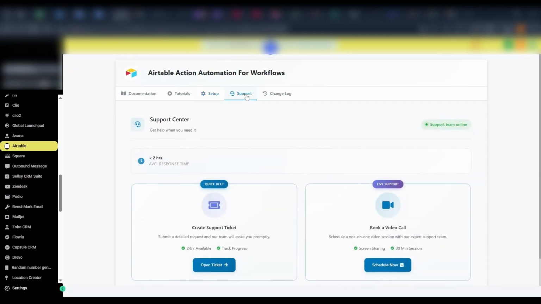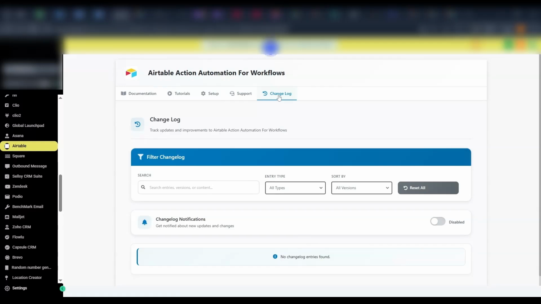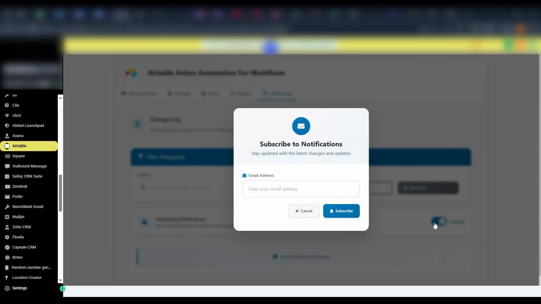Up next is the Support tab, where you can book calls and create tickets with our support team each time you have an issue. And finally is the Changelog tab, where you can receive notifications each time a change is made in the application. And to do that, just toggle this on, fill in your email address, and click on